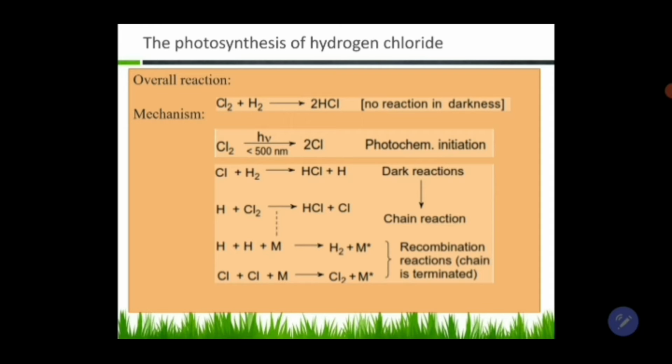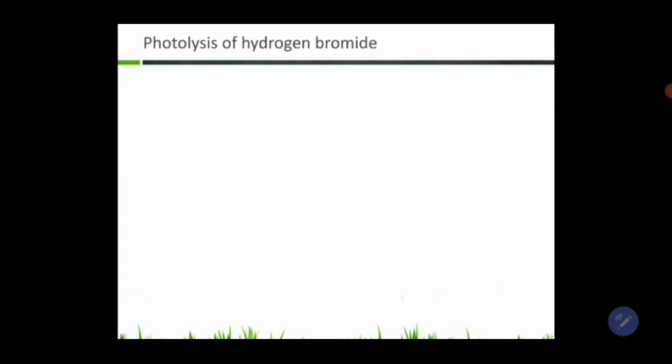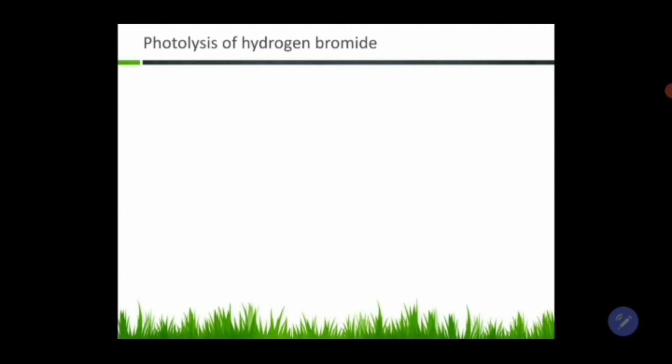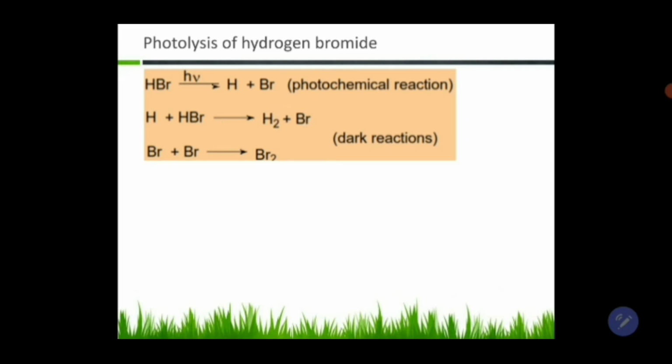It's a free radical mechanism. So one photon is absorbed and many molecules react, so the quantum efficiency will be around a million. It's like an explosion. If you take another case, that is the photolysis of hydrogen bromide, where hydrogen bromide dissociates